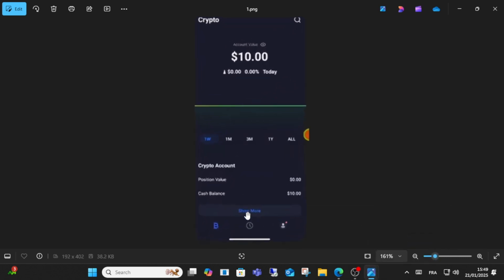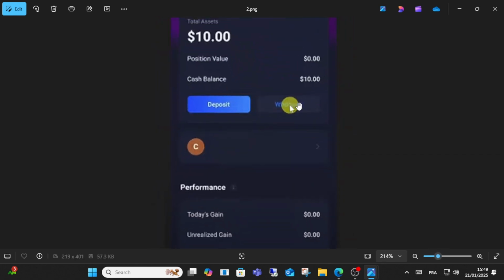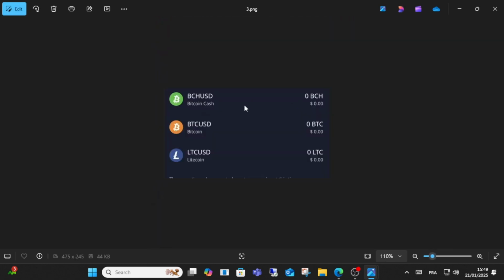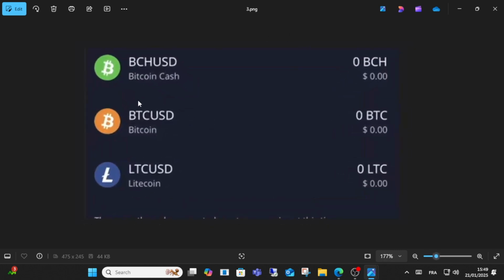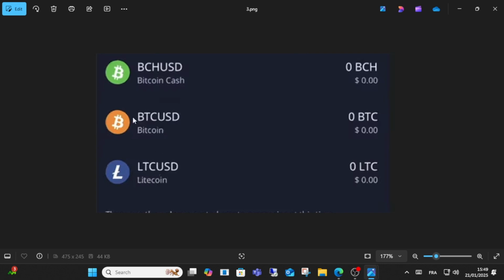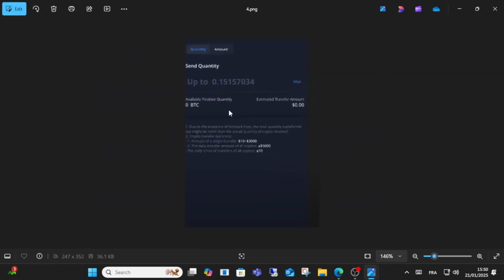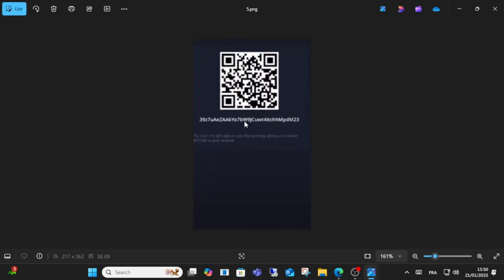this option, show more, and after that click withdraw money, as you can see here, and choose any crypto coin you want to withdraw or transfer to Robinhood, for example BTC. After that guys, enter the amount you want to withdraw, and after that you can click the scan QR code option